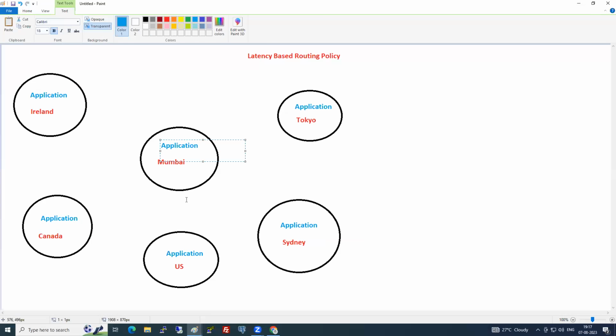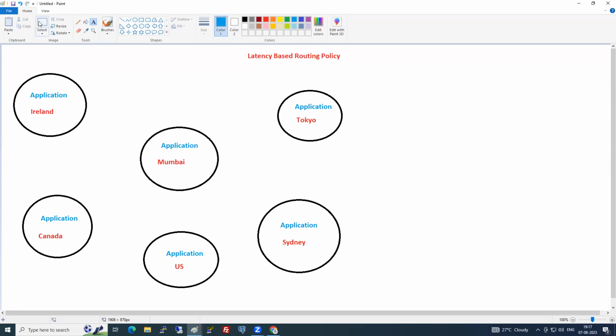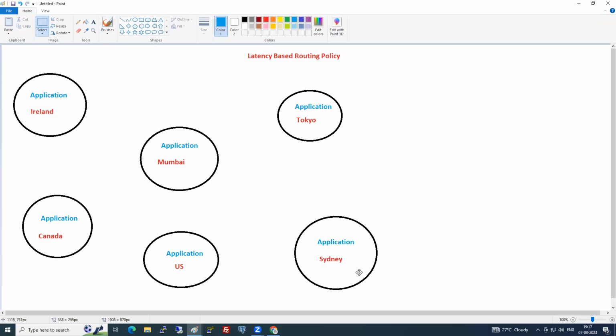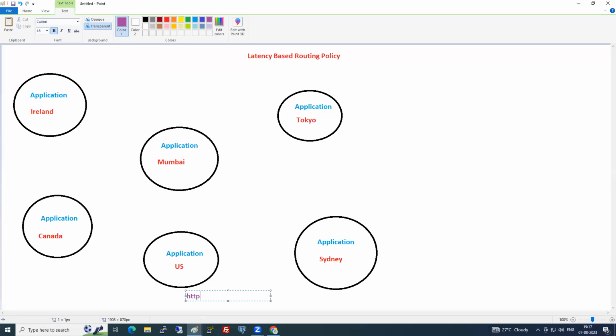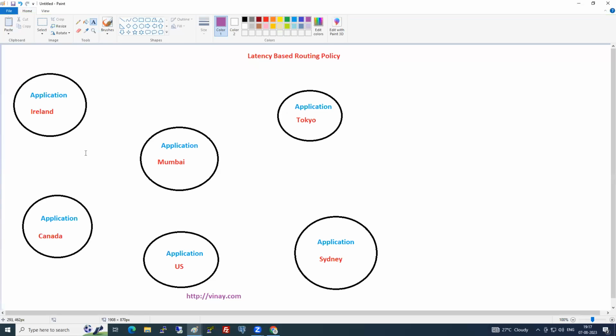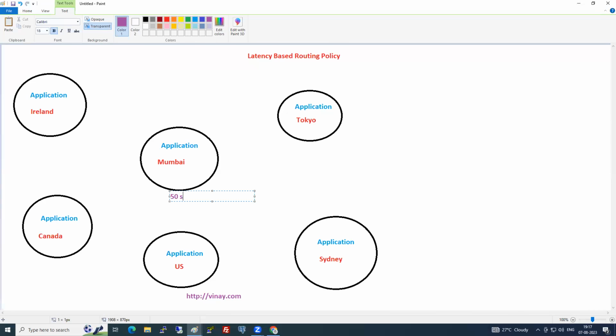There is a person from US. He is trying to access your application at Vinay.com. Now tell me. For the user from Mumbai, it is taking 50 seconds, and it is taking 1 minute.